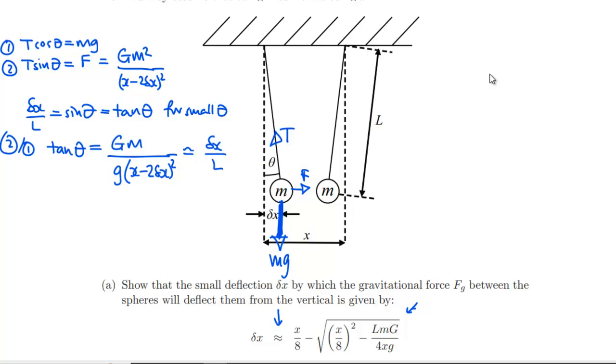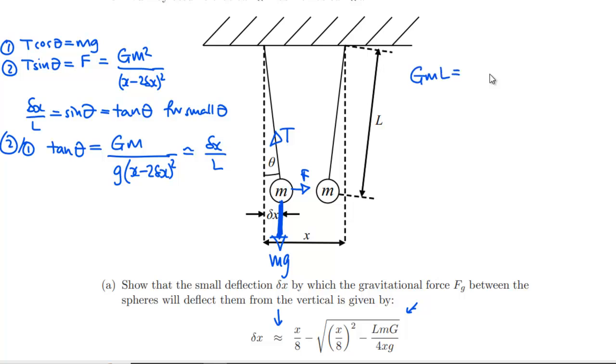Right, so has this got all the stuff in it that we want? So delta x, just in terms of x, L, m and g's. So L, yeah, that's going to be fine. So we just have to rearrange this for delta x. So let's go over this side then. So we'll have